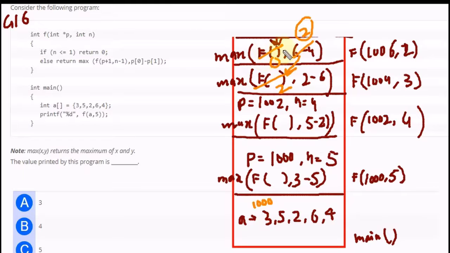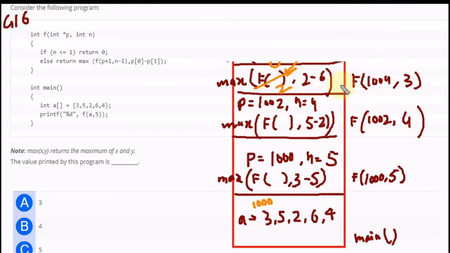This is the last line, and that's why this function will be popped out from the memory. Now this value is 2 and this value is -4, so the maximum of these is 2. So 2 will be returned here.